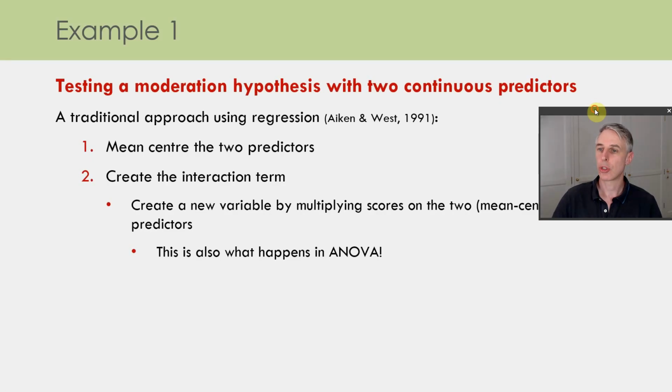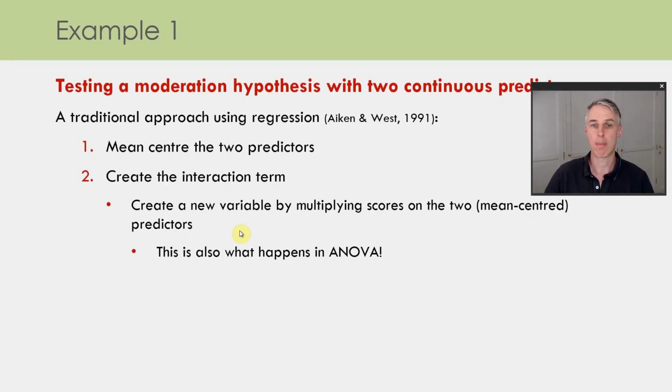The next step is to create the interaction term. Okay, now what that means is you simply create a new variable by multiplying together scores on those two mean-centered predictors. Now that's actually also what happens in ANOVA. The interaction in an ANOVA is simply created by multiplying together the contrast weights for the two main effects in the design. So it is really just another version of, or an extension of, what we have already done